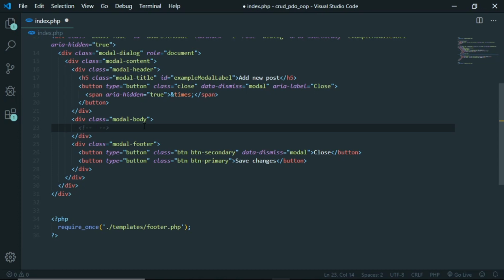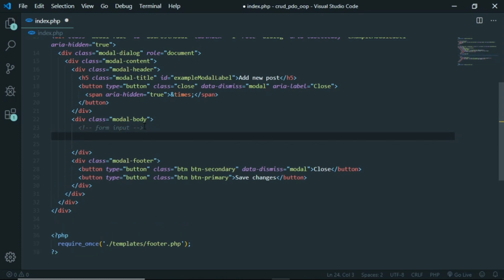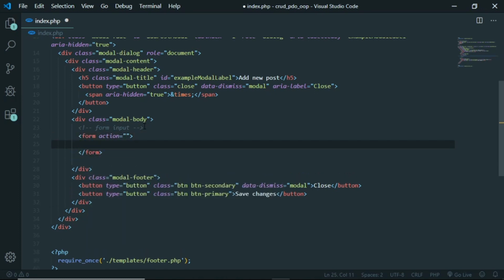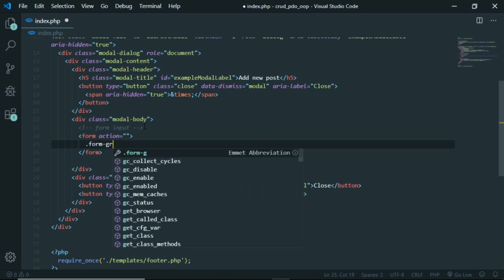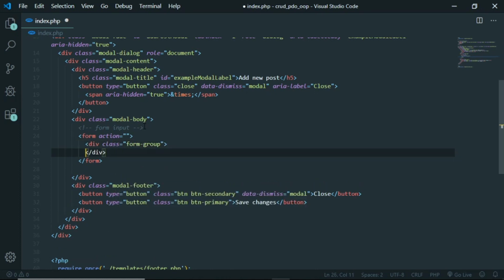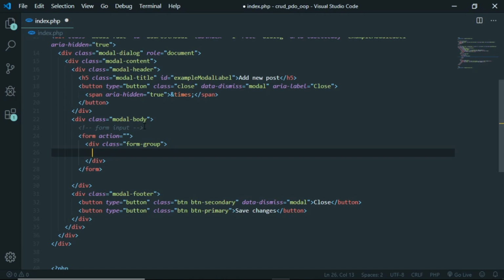It's gonna be form input. So let's create a form. And basically what we are gonna do is create a form group. And label, we don't need the for, remove that. And first it's gonna be title,